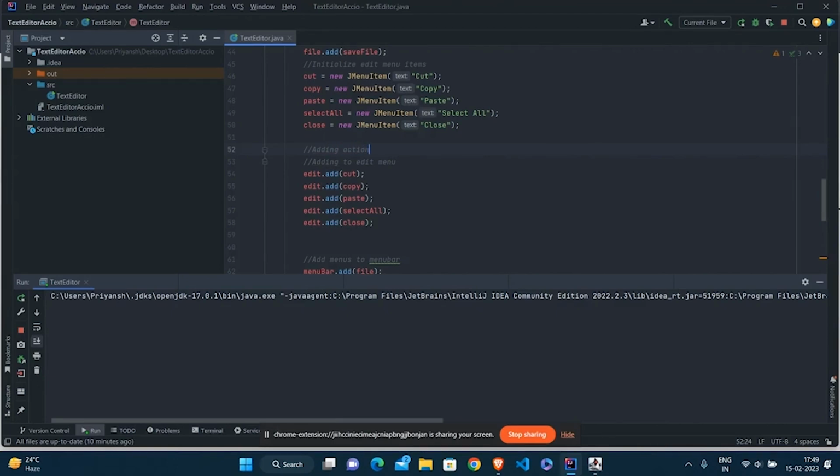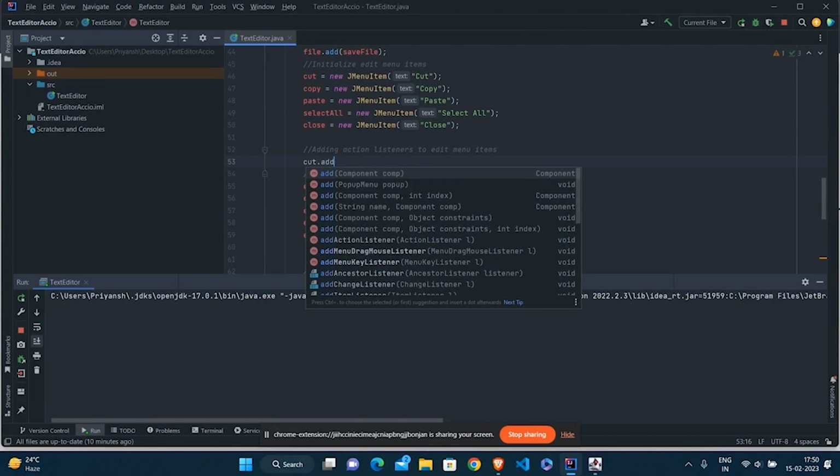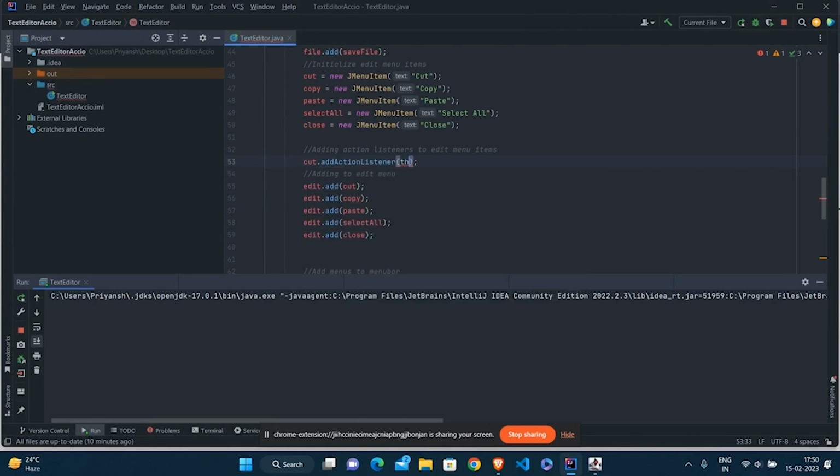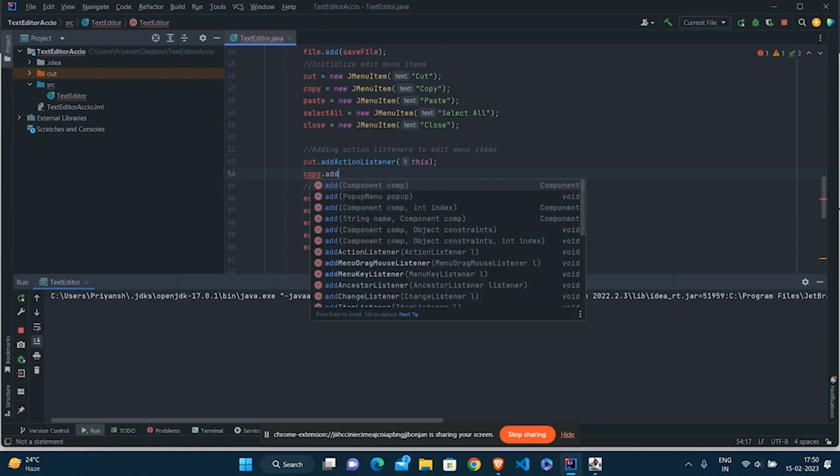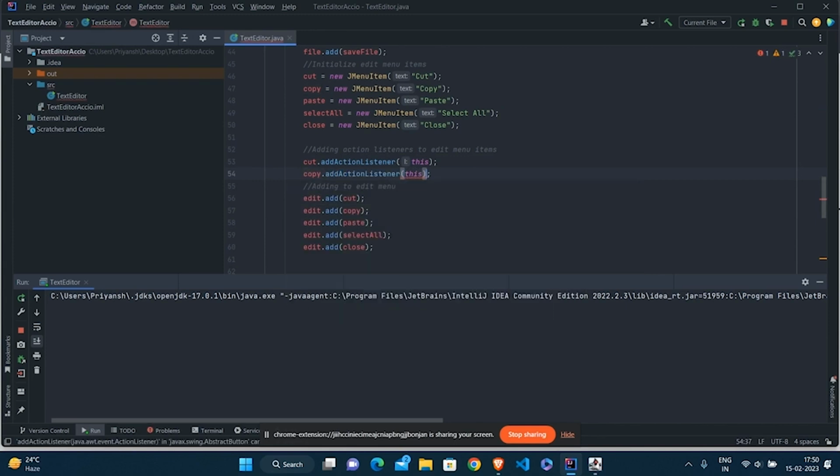Adding action listener to the edit menu items. Inside this I need to do the same: cut.addActionListener, and our action listener would be the this keyword. Copy.addActionListener with this object. Paste.addActionListener with this object.